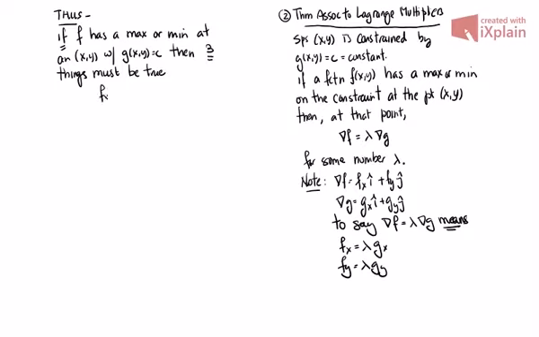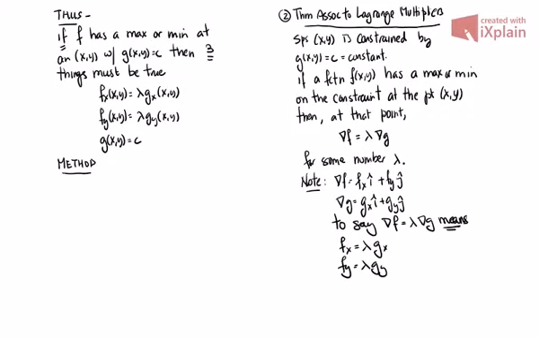First thing, f sub x at (x, y) must be lambda g sub x at (x, y). F sub y at (x, y) must be lambda g sub y at (x, y). And of course, we have to satisfy the constraint. So g of (x, y) must be c. So what this tells us for a method,